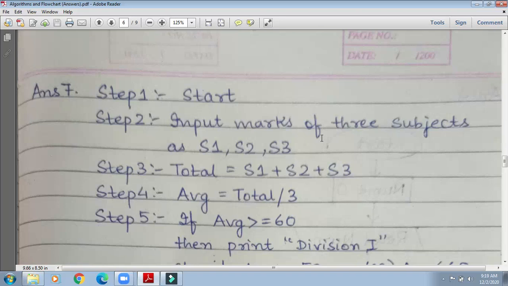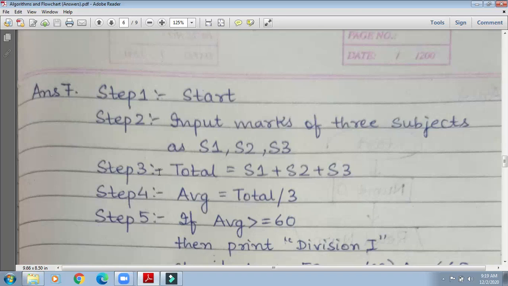Now it is asking to calculate average. For calculating the average, the process is sum of the numbers divided by number of values. So the average is total sum of all the values divided by the number of values. We have 3 values, S1, S2 and S3. That is why first we are going to get the total.